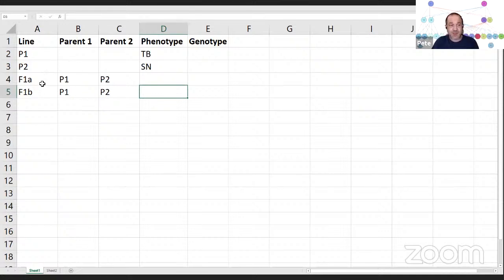You can have another page where you're writing down what the cross was, and you make P1 the mom and P2 the dad, or parent 1, parent 2. I just named these things P1, P2; they could be called whatever. You make that always female and that the male, and that's important in terms of the next piece of software,